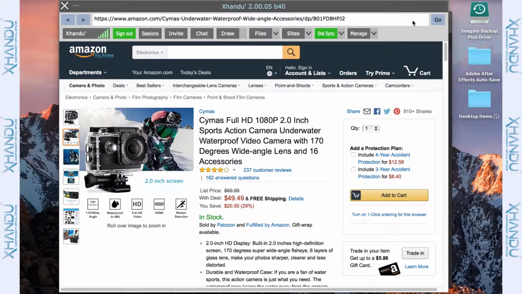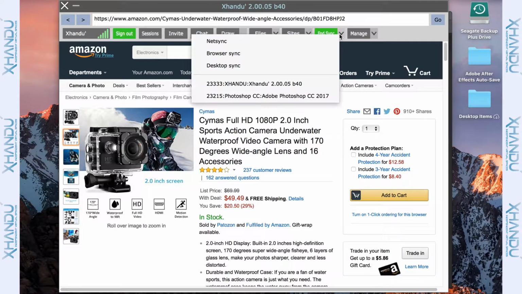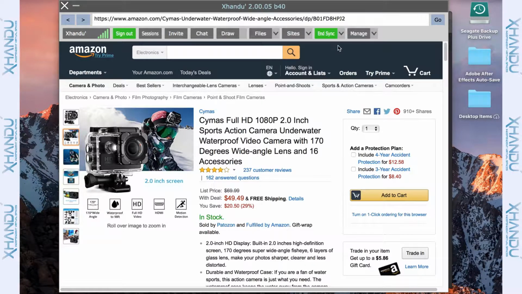So that is extremely helpful in terms of the tool. But again, desktop sync just syncs your entire desktop. So in short, you are syncing your entire machine to the other users of the session. So that's how you use desktop sync. It's just the drop down, select desktop sync, and then you have gone ahead and